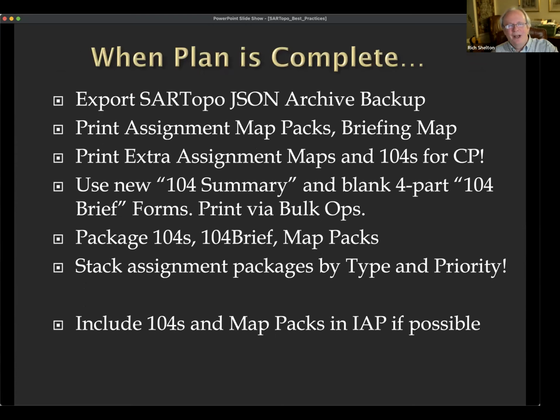So, in the old days, I always back up my SARTopo map regularly by exporting a JSON backup. I print my assignment map packs, briefing map, 104s for the command post. We're using what I call the 104 summary. I'm going to show you in a second how we've definitely pushed that agenda with some success. We'll package that all up, sometimes just into an IAP all by itself. And then we will prioritize assignments and all. So up until I'd say 2017 or so, that was religiously how we did it, with long form